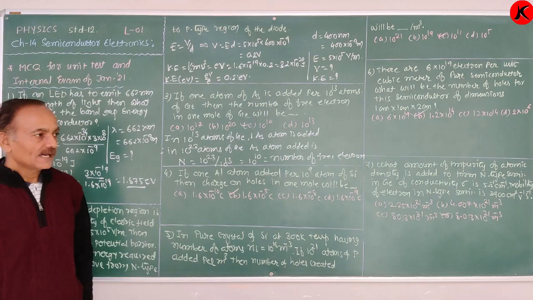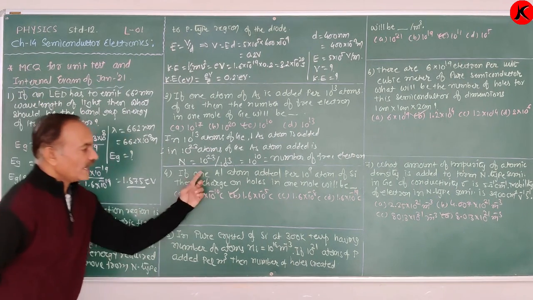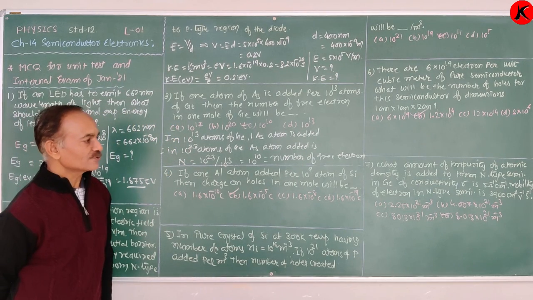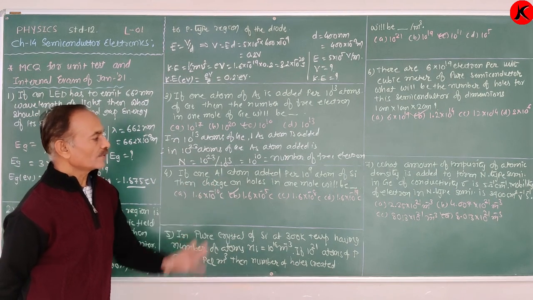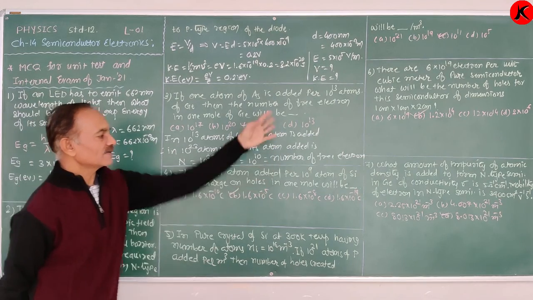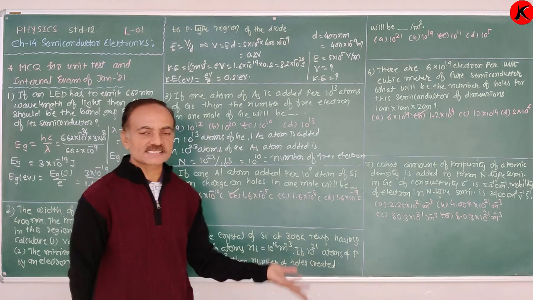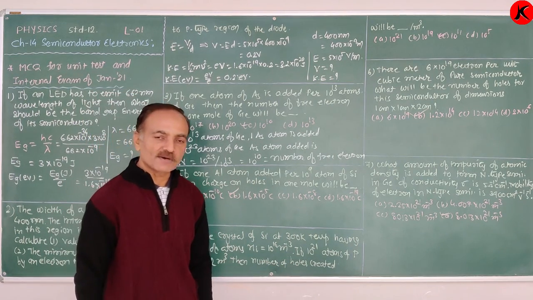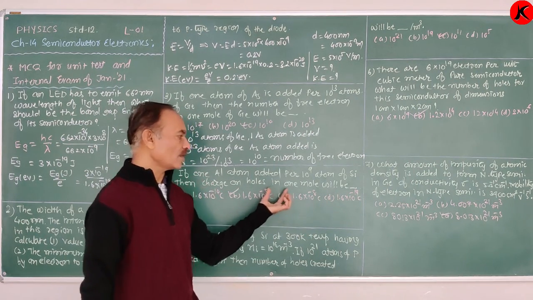Clear? After that, the same numerical again. If one aluminum atom is added per 10^9 atoms of silicon, then find the charge on holes in 1 mole. First, we have to find out the number of holes in 1 mole. One hole has a charge equal to the charge of an electron. So this number of holes is multiplied with the charge of an electron, that gives the charge of holes